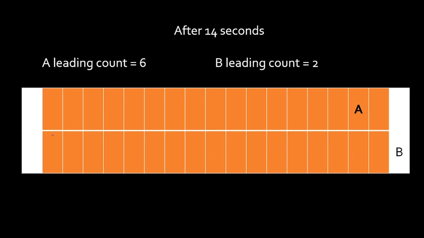Generally, how will you announce the winner? The winner will be announced based on whoever reaches the finishing line first. In this case, since B has reached the finishing line first, we will say B is the winner. That is our natural process, right? But for this problem alone, look at the data. A was leading 6 times, B was leading the race only 2 times. So the leading count of A is greater than the leading count of B. Do you all agree with that? Yes, A was leading the race most of the time. That is what I mean by this. Most of the time, A was leading the race. B was leading the race only 2 times.